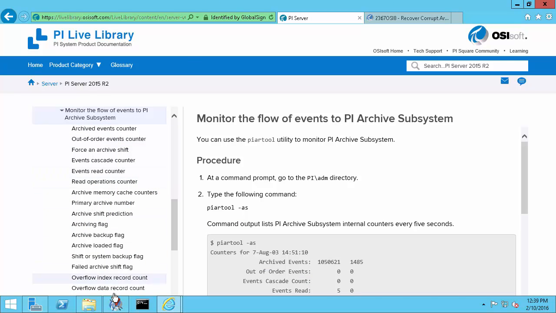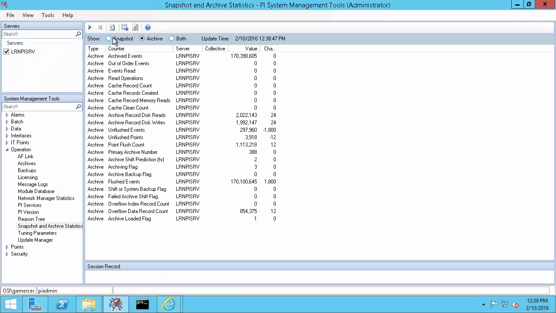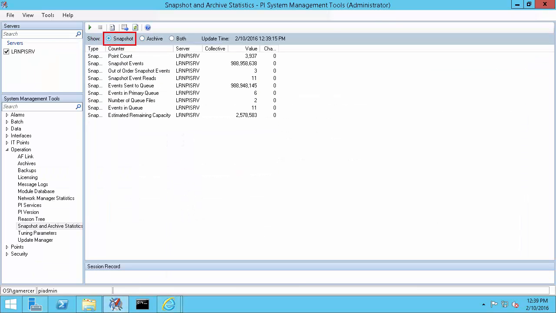Next up is the Snapshot statistics. Filtering by snapshot, we can see events sent to queue and events in queue. Data gets sent and goes through the event queue before it reaches the archive files. So if events in queue is low and not growing, but events sent to queue is growing, that means the data is likely flowing through our event queue